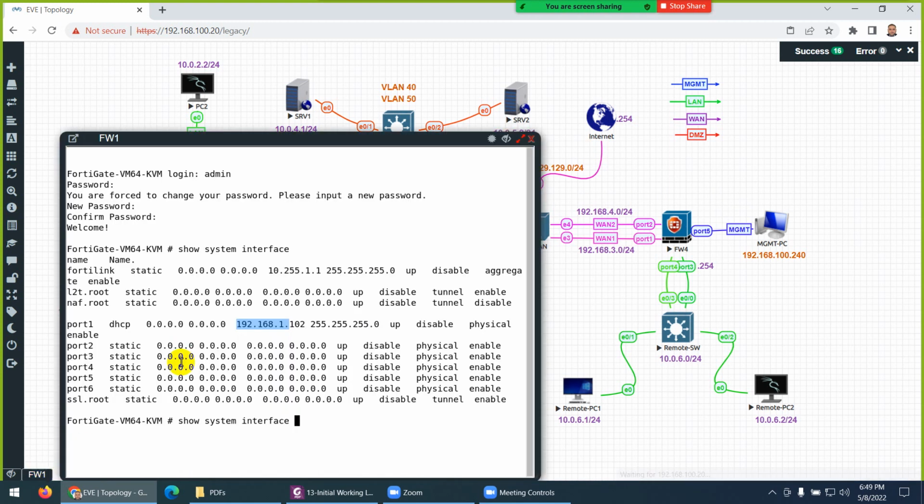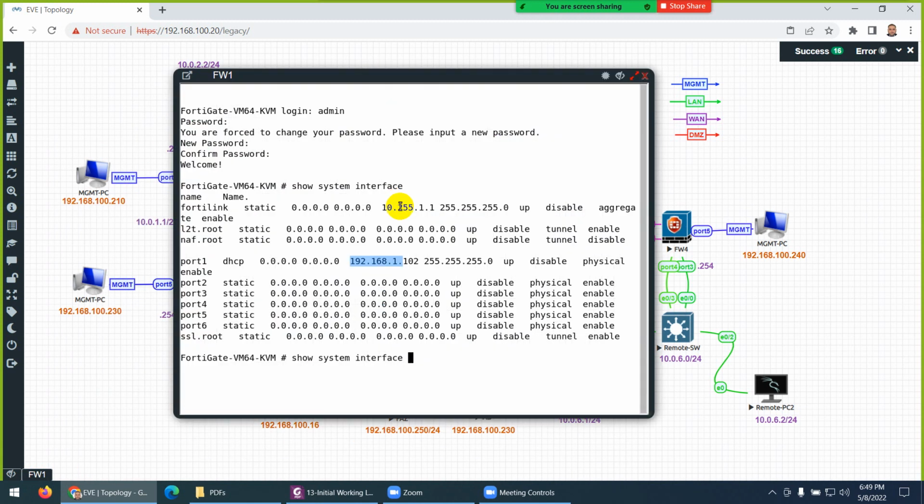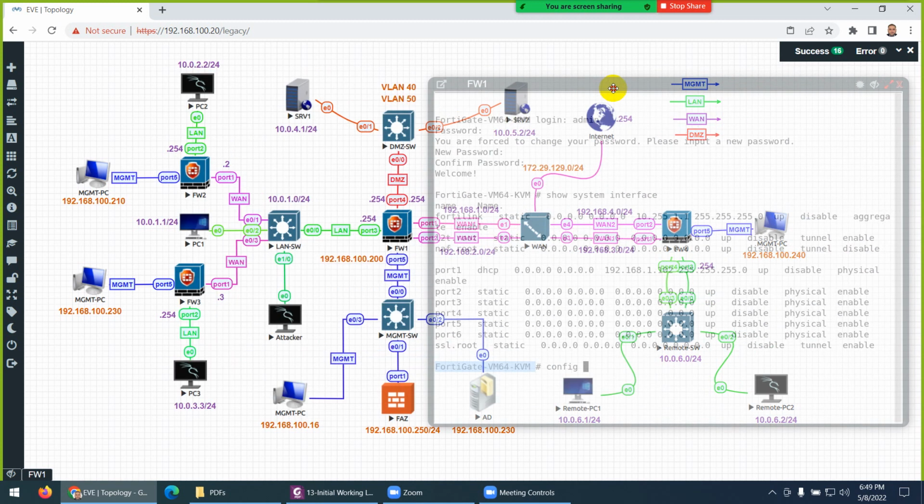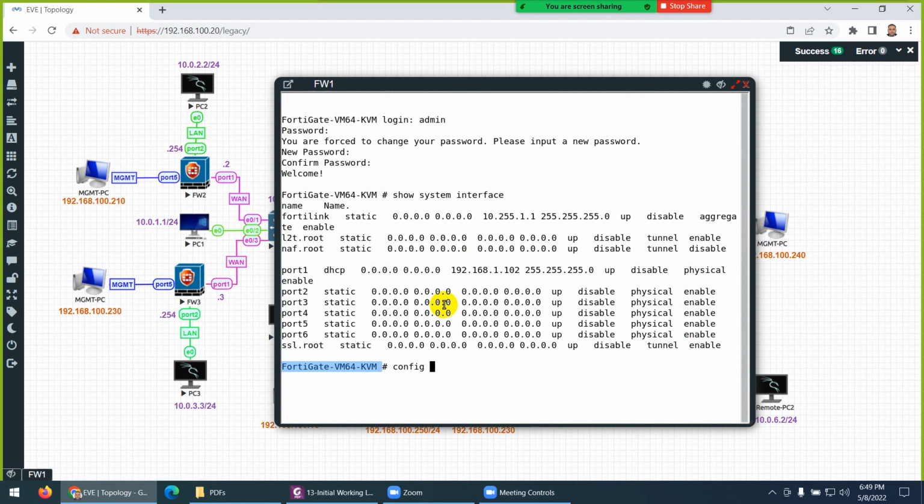Even though we will do the CLI later in the course in detail, what is show, what is system, what is interfaces, how to check, how to get help, anyway, here because we want to start and show you an initial working lab, I will go to config. It's better to change the name as well, because by default the host name is FortiGate VM something, and here I give it the name FW1, meaning firewall 1. So why not change the name as well? What I can do is go to